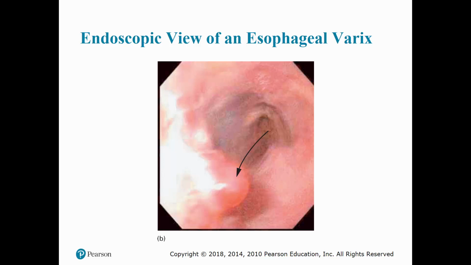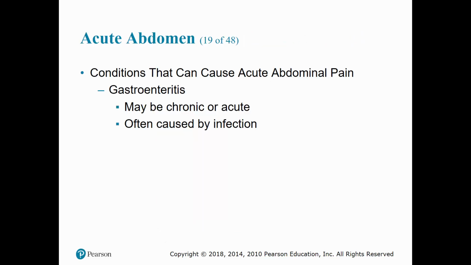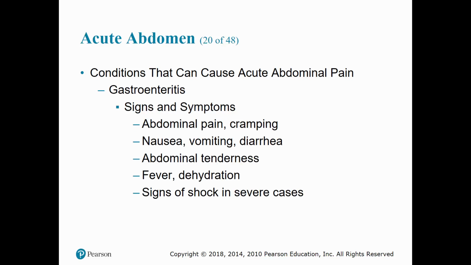Gastroenteritis is just inflammation of the stomach and small intestines. It's commonly associated with the presence of abdominal pelvic pain. It can be chronic or acute. It's often caused by some type of infection. Some of your signs and symptoms: abdominal pain, cramping, nausea, vomiting, diarrhea, abdominal tenderness, fever, dehydration, signs of shock in